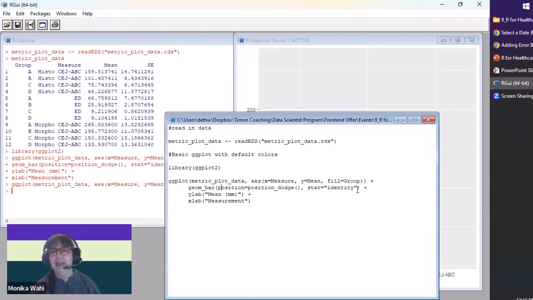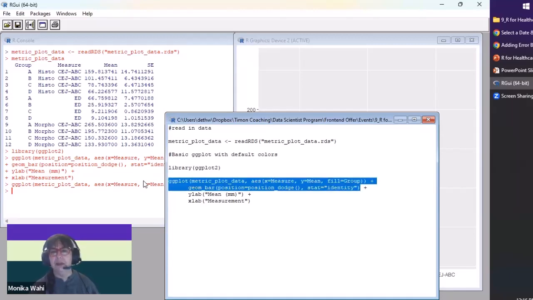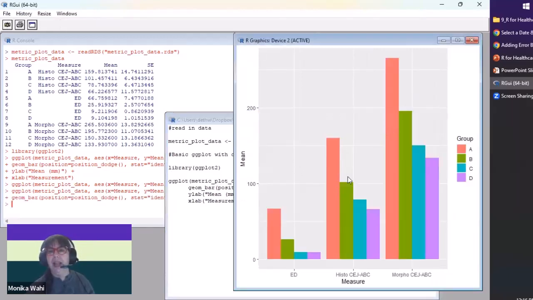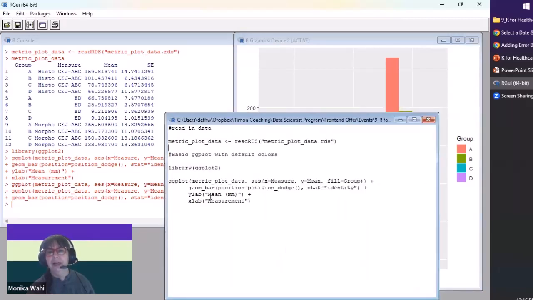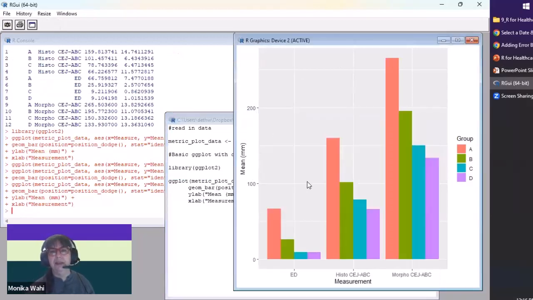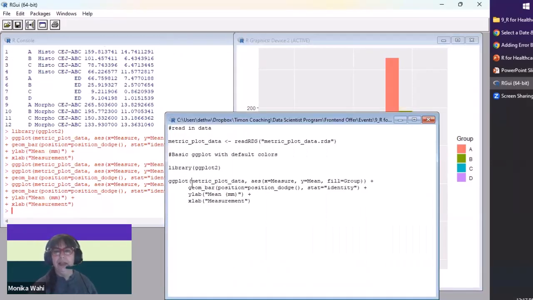And then stat equals identity is the hack to make it look at the mean, I'm not really sure, but that's how you have to do it to get it good. I'm just going to run this code just to show you that adds all this, right? Now it's not stacked because I did that position thing, but it doesn't have any axis labels. So Y label is mean mm and X label is measurement. Now I can run the whole thing and you'll see the labels on there. Okay, so